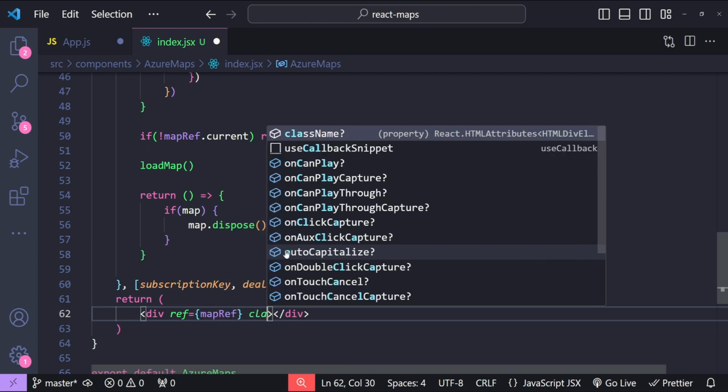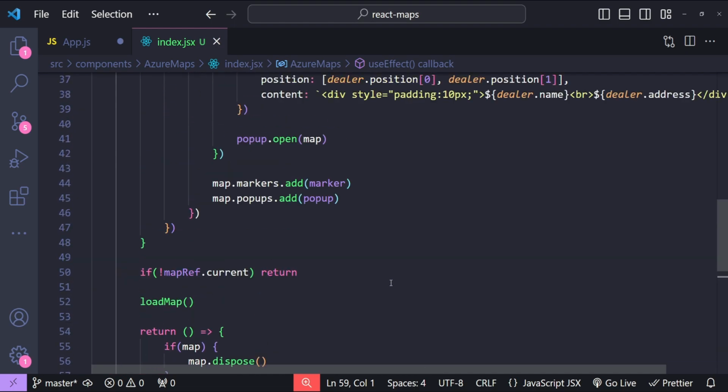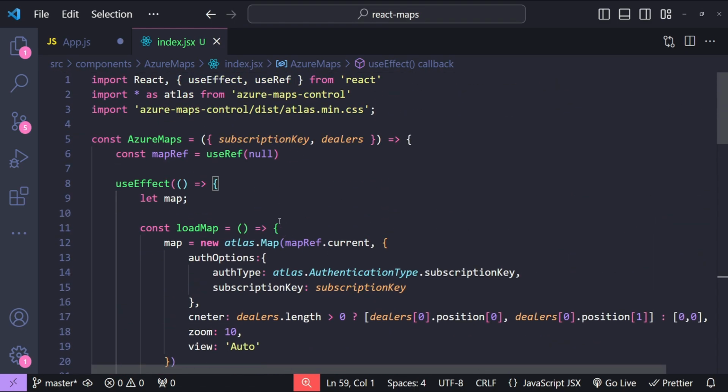Let's also provide the class name. So for class name, I'm going to use Tailwind's utility classes. I'm going to set the width and height as 100% values, so h full and w full. Alright, so our Azure Maps component is finished, and now it's time to integrate this Maps component in our